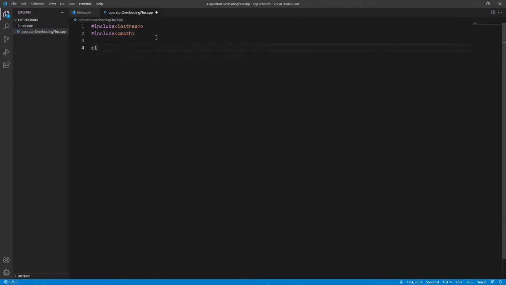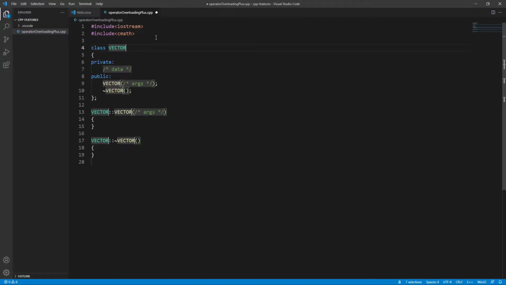So let's create the class and data members. So it's the constructor, and let's initialize this.